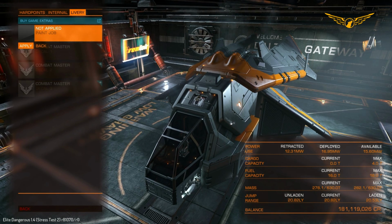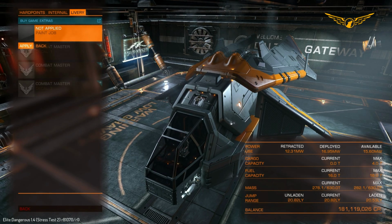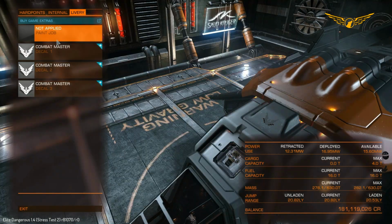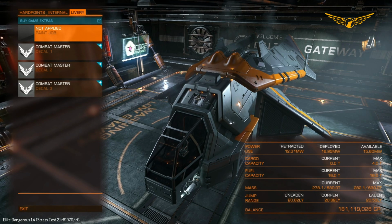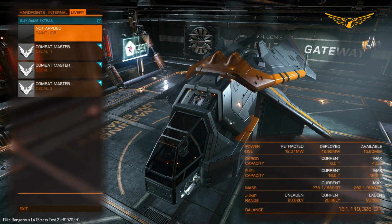But I do think it would be well worth it, because this is a very, very nimble ship. This ship does actually kind of rival the Eagle almost for levels of manoeuvrability. I imagine if I were to actually go and take off the military grade composites, this would actually be even more nimble. And not just is it extremely nimble and extremely manoeuvrable, this ship has very good firepower, as you saw from